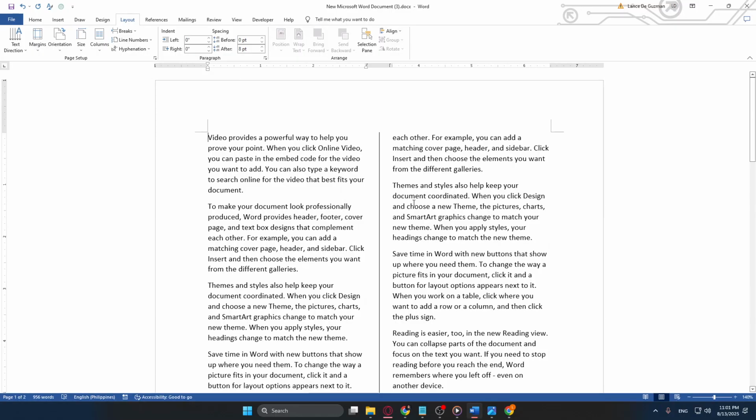Whether you're crafting a detailed report or compiling an interactive newsletter, using columns is a straightforward yet powerful tool to